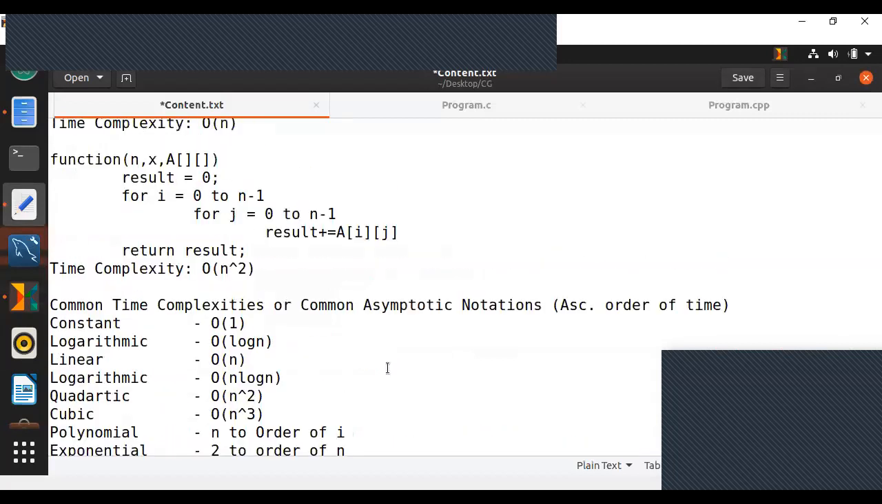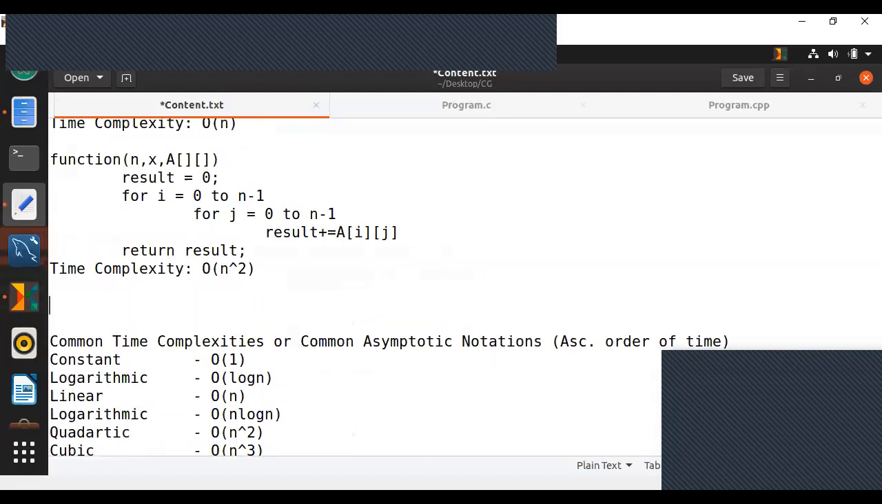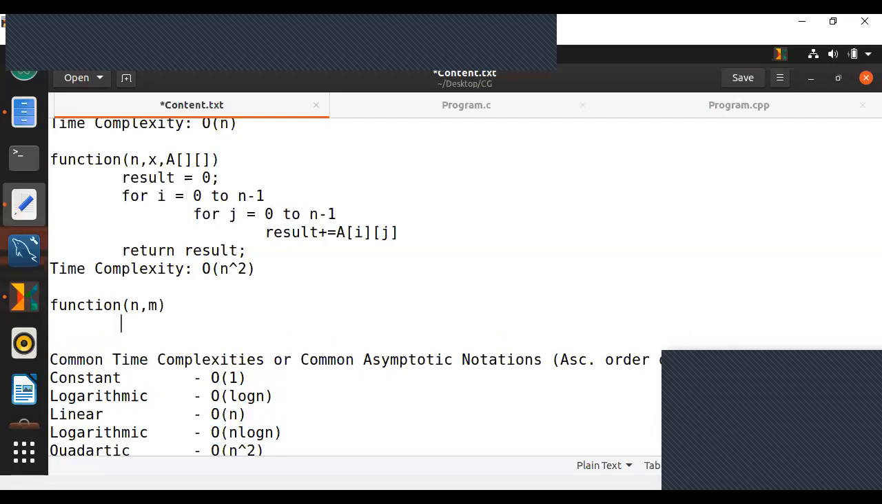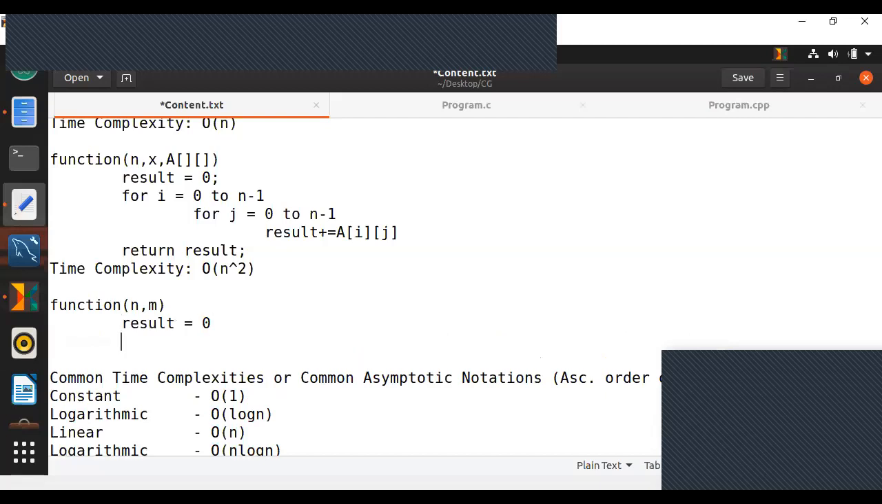And again, let us look at some other kinds of questions that you may not expect to have studied elsewhere, but you may expect in interviews. Again, I'll go for function of, let's say, n comma m, and I'll again take something like result equals 0, and let's say for